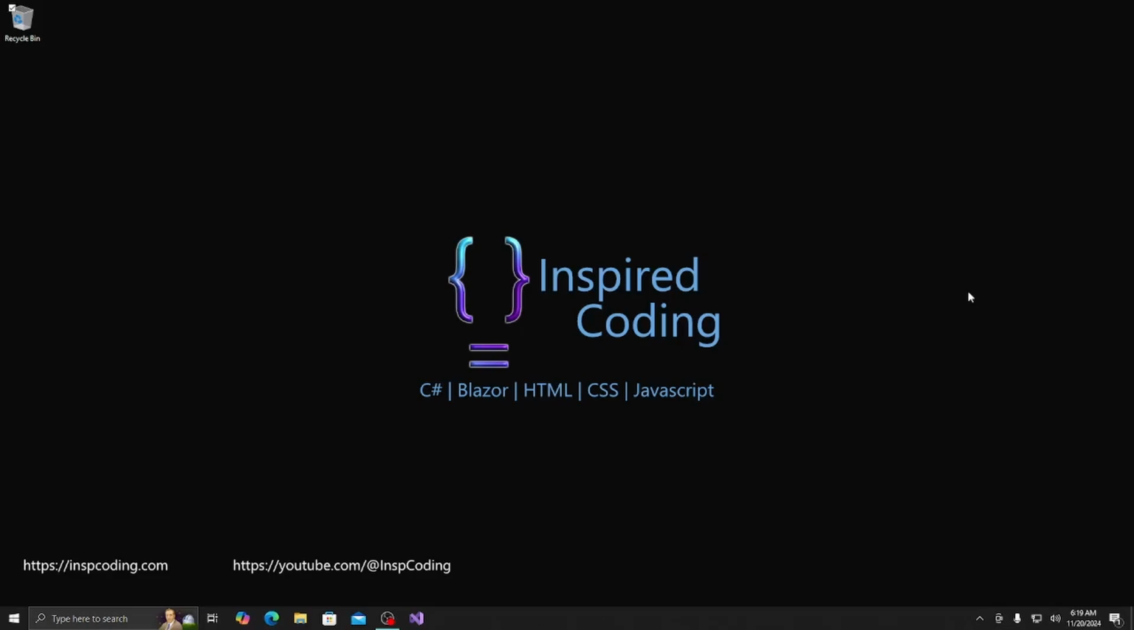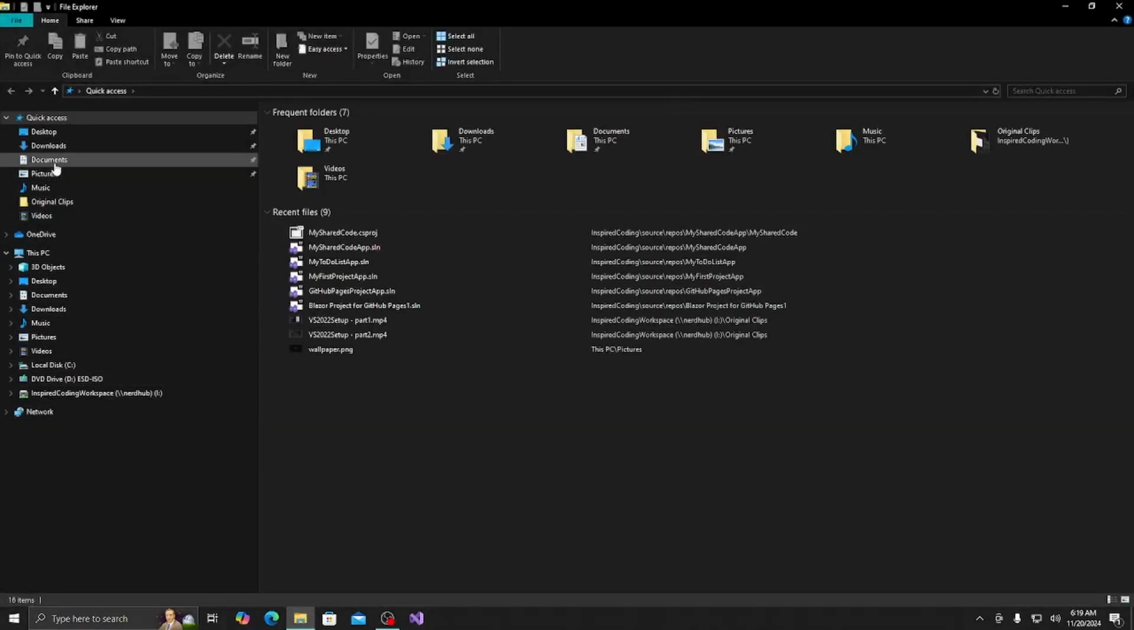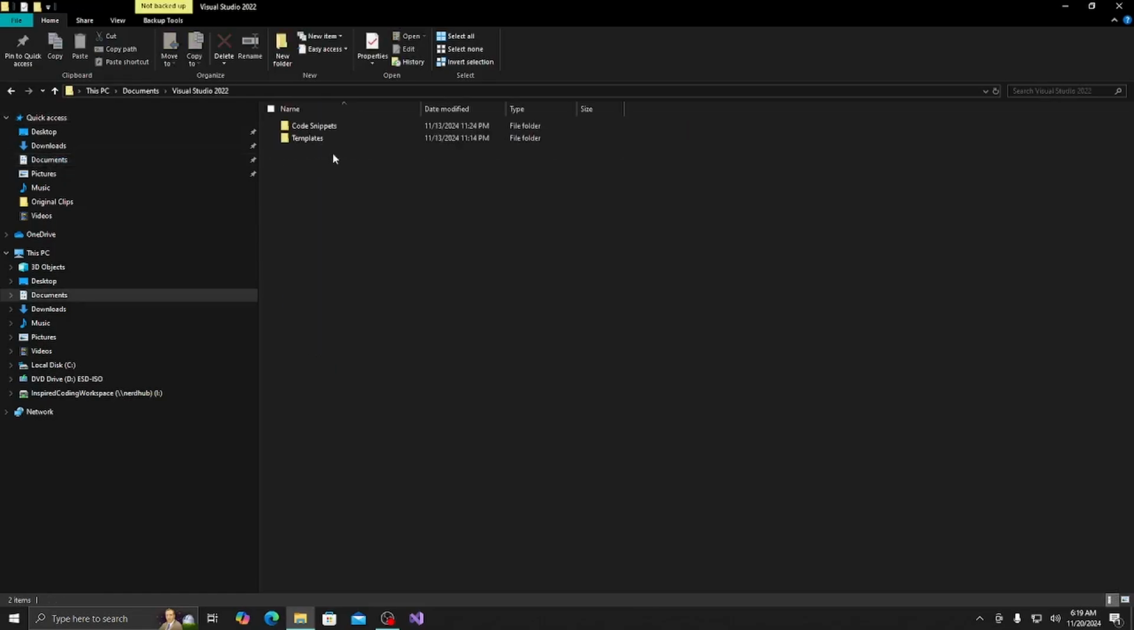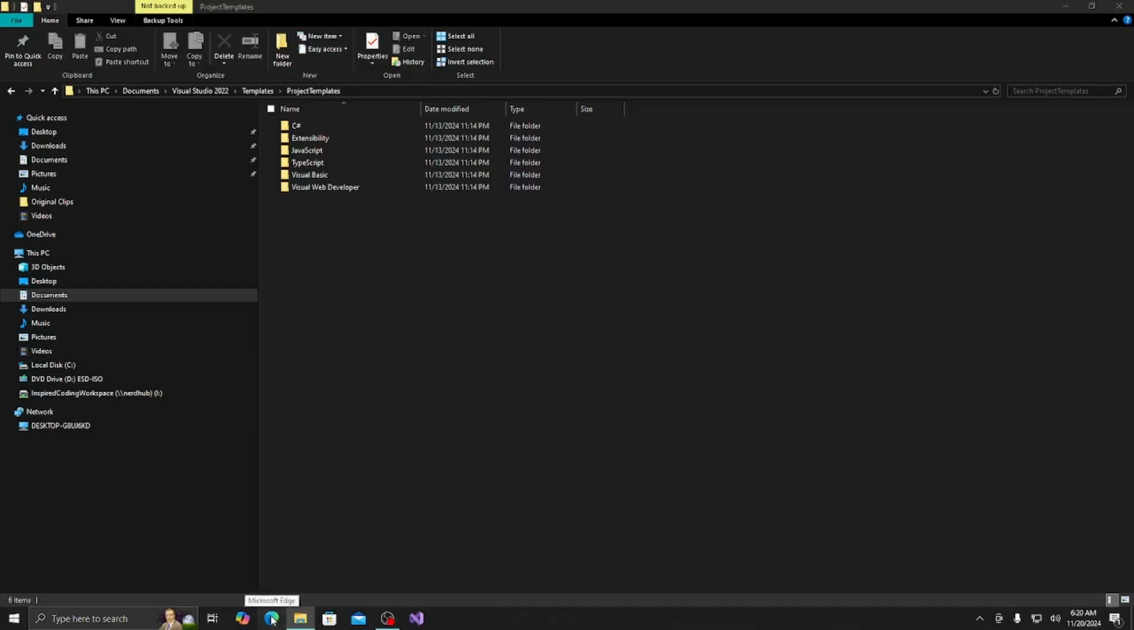If you have already set up the original Blazor Project for GitHub Pages template, you will need to go into Windows Explorer, then navigate to Documents, Visual Studio 2022, Templates, Project Templates, and then select and delete the Blazor Project for GitHub Pages.zip file. With that out of the way, you can get the new and improved version by going to